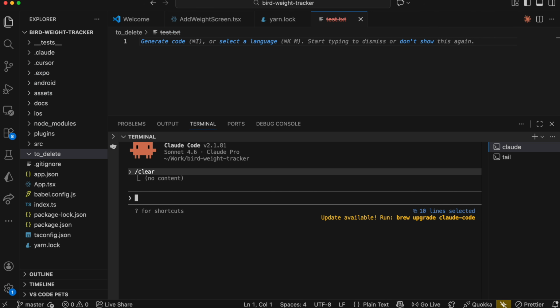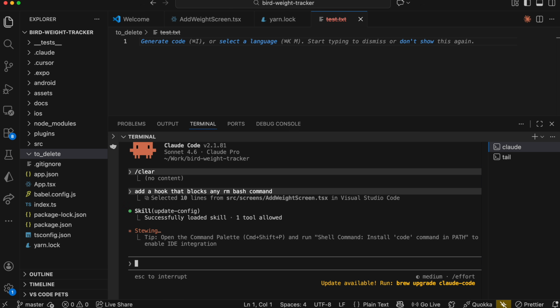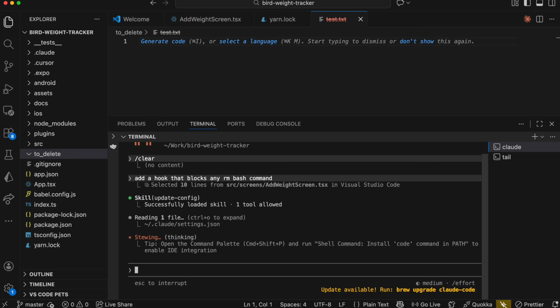And the next hook we're adding will block dangerous commands. For example, removing files or calling suspicious URLs and force pushing to master. And again, I'm just going to go to my Claude Code and ask it to build this hook. So what I'm going to ask, and you can see that Claude uses a skill, update config, a specific skill that helps us to write all these hooks, rules,